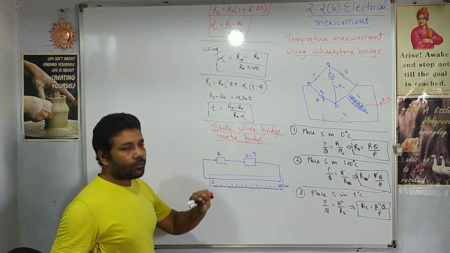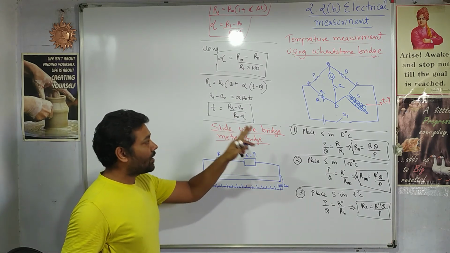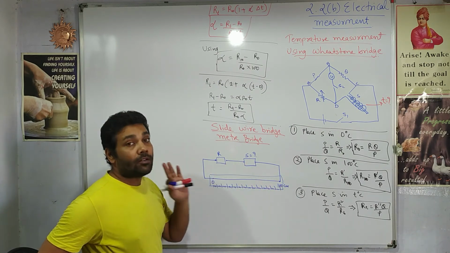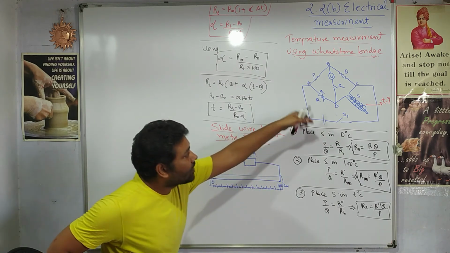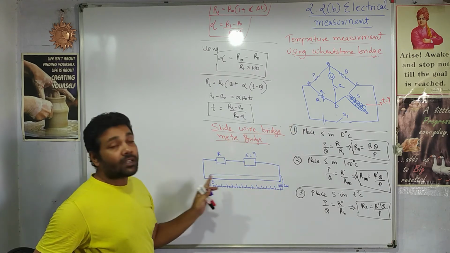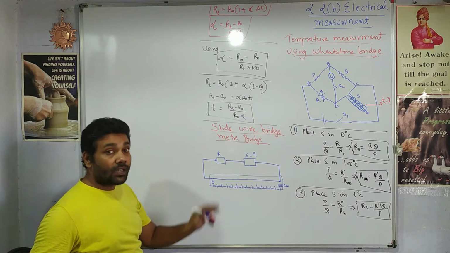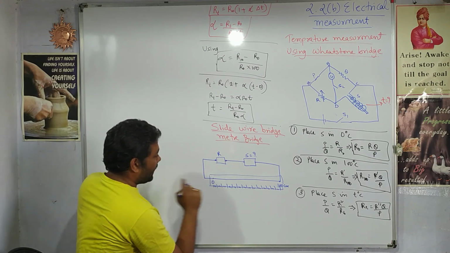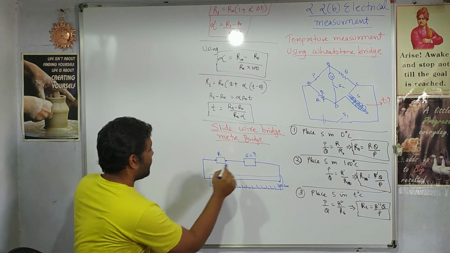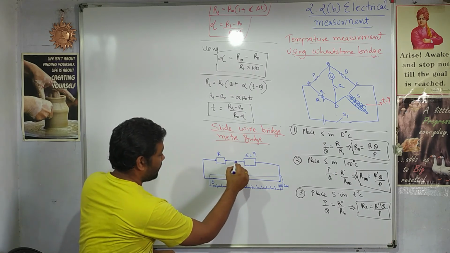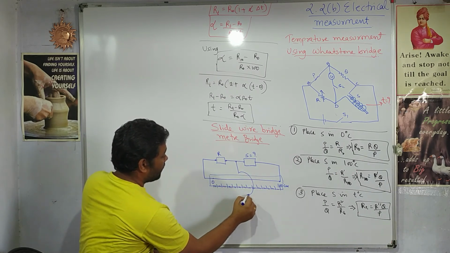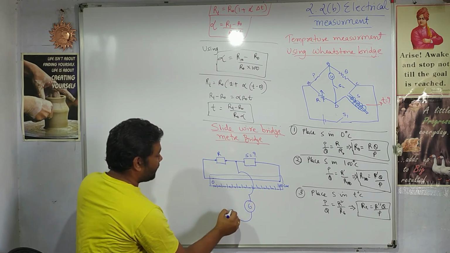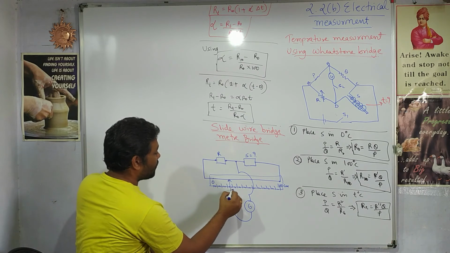This is again a simple practical application of the Wheatstone bridge to find out the unknown resistance S. You can buy this arrangement in the market, and these setups are available in physics laboratories. You can find it in your school. Then you have a galvanometer G connected, and the other end of the galvanometer is connected to the jockey J.